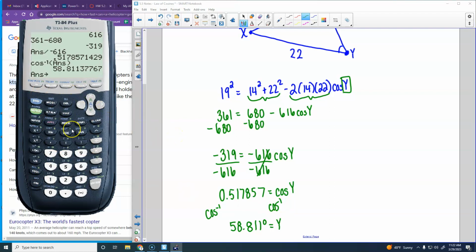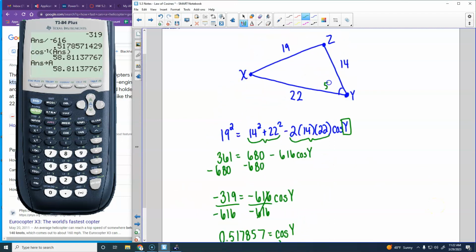I would suggest storing this because we're going to have to use this number again. I don't know if it's a good idea to store it for Y because that might mess some of your equations up. So I'm going to store it as A. I generally try to avoid storing things as X or Y because those are in the equation. And some of the calculators can handle it whenever you do that, but some of the older ones don't do it right. It messes up your graphing if you graph, so we don't graph a lot on this. But all right, so we found Y,